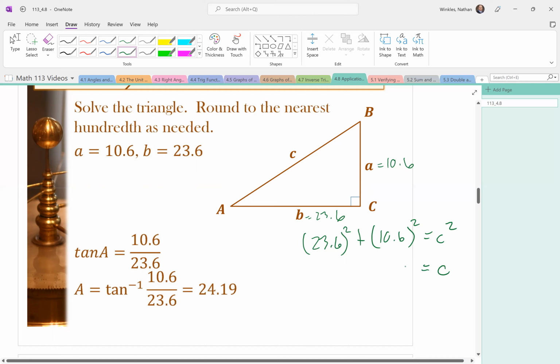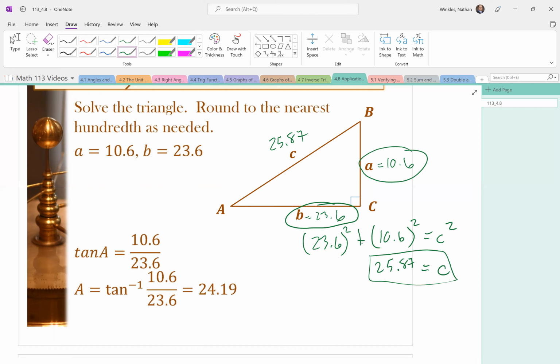To get that C is equal to 25.87. So I'm going to circle what our known values were. To find angle A or angle B, it doesn't matter. For angle A, we're going to take tangent of A is equal to 10.6 divided by 23.6. To solve for A, we're going to do inverse tangent to get A equals inverse tan of 10.6 over 23.6,